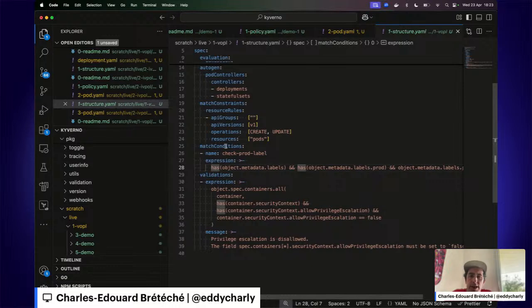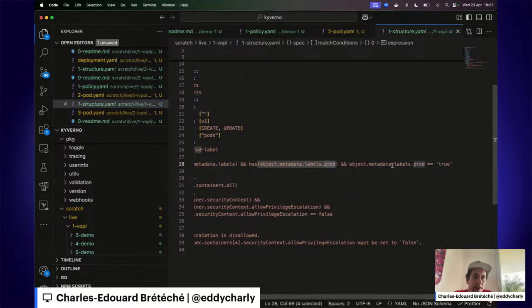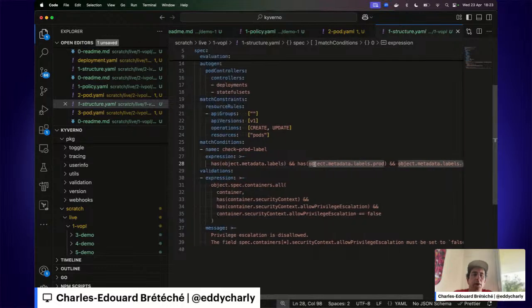So in this case, for example, if the resource has no labels, or no prod label, or the prod label is not equal to true, the API server will consider that the resource being admitted doesn't apply to the policy, and then it will not evaluate the policy for this resource.